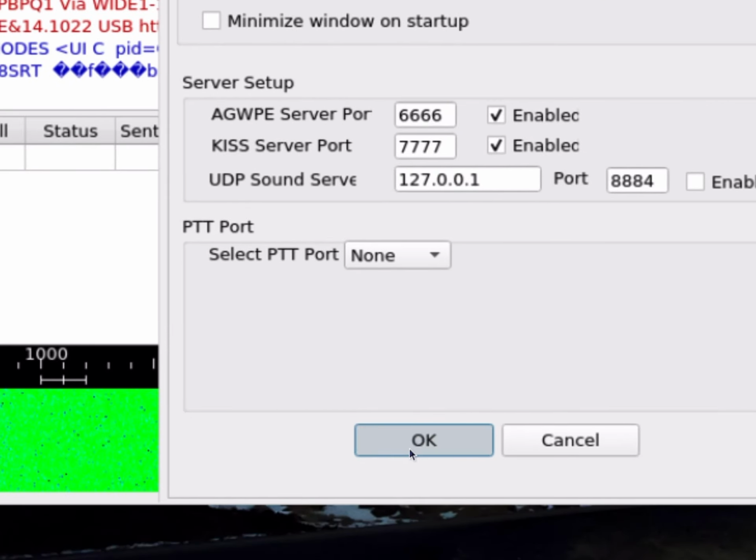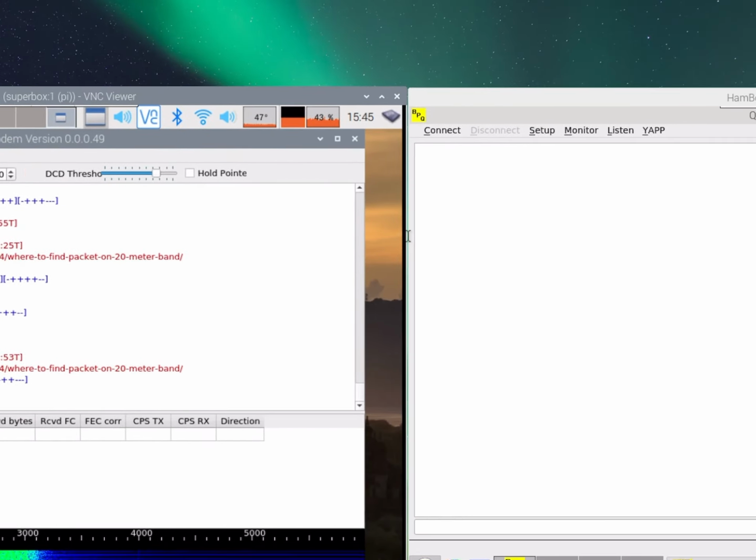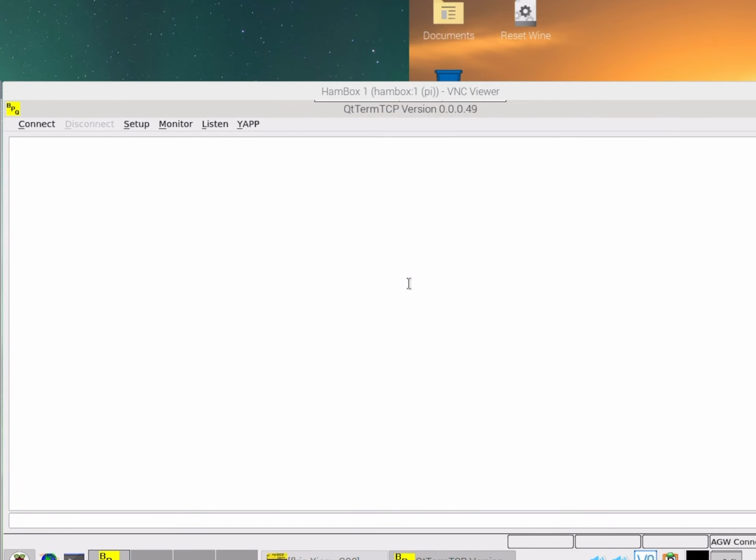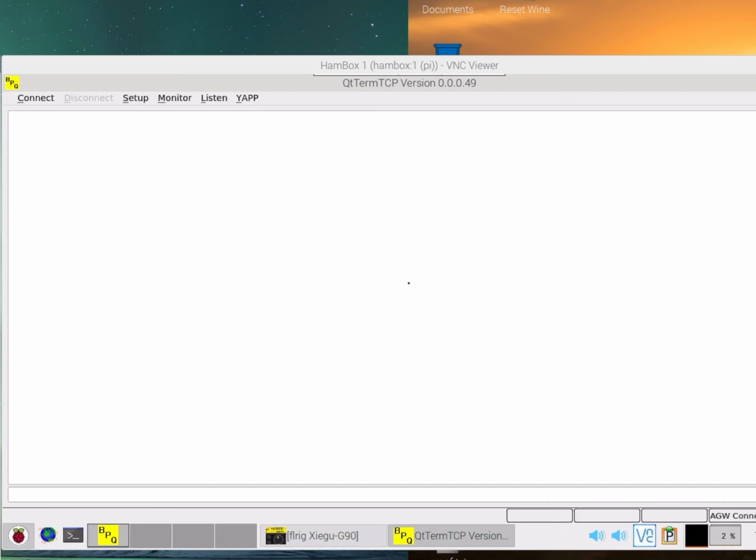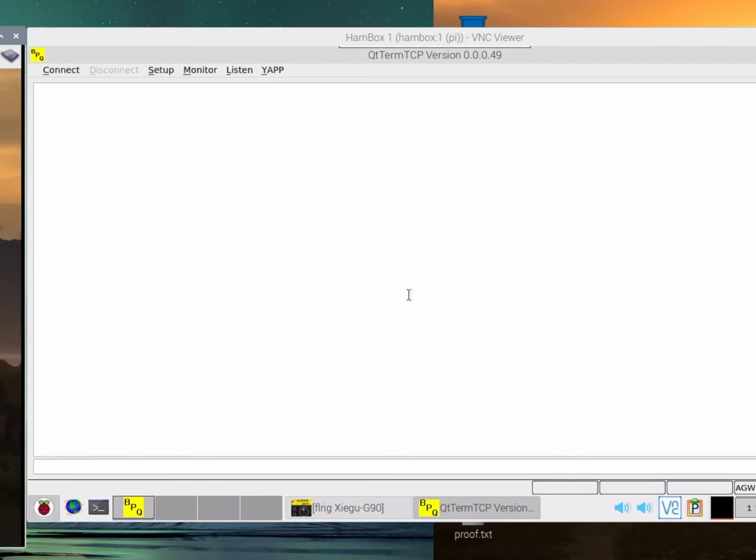and make sure that the checkbox is enabled here, and click OK. So, over to QtTerm. The basic starting point is a single window, and it's very